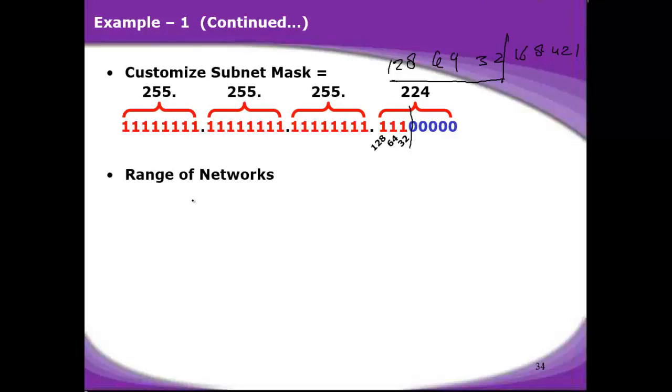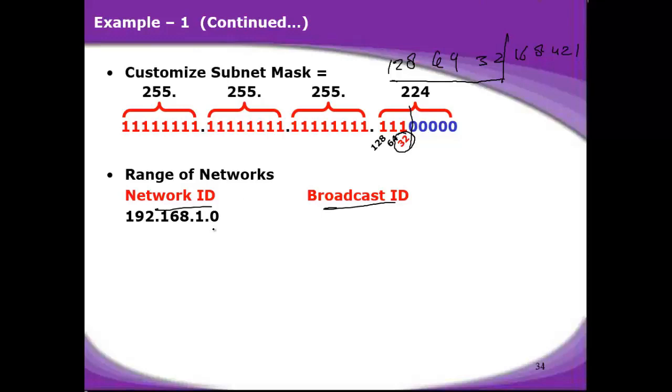So now the next and final step is to write down all the networks or subnets you created, the network ID and the broadcast ID. The first network is always what is given in the requirement or in the question, and that network is 192.168.1.0. Now the challenge is how to get the next network ID. That network ID is calculated by the block size. This is the block size which is going to give you the next network ID. You have to add this block size number to the given network ID.